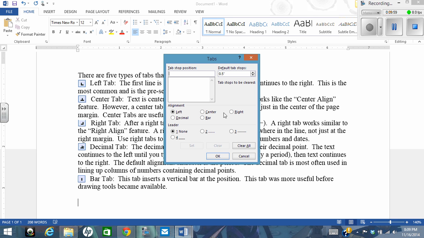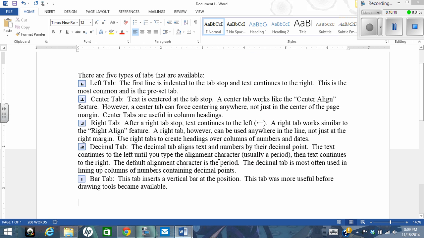But now what I'm able to do is I have this new thing called leaders that I'm able to add. All right, leaders means, once you press tab, what are you going to see in front of where your cursor is now? Let me show you, right? If I just throw that down, I just click OK. When I press tab now, oh,